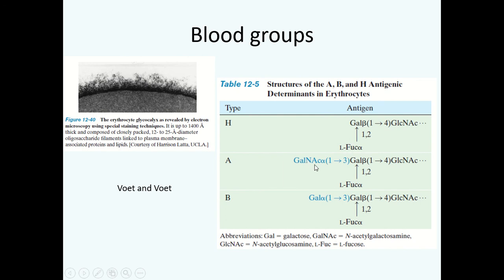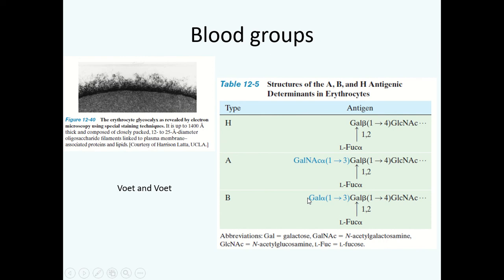If N-acetyl galactosamine is attached to it, that is the A type blood group. And if to this core oligosaccharide galactose is added, that is the B type. So those people who have the AB blood group have both of these glycolipid antigens on the surface of